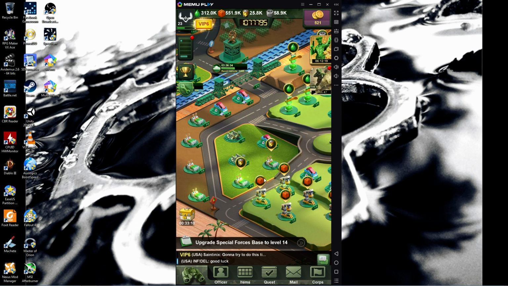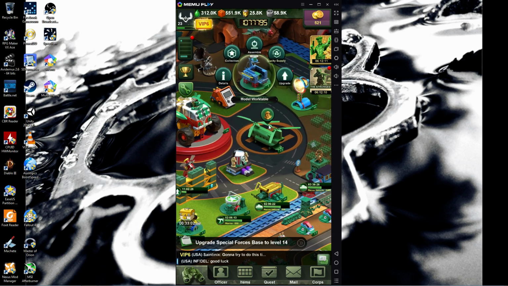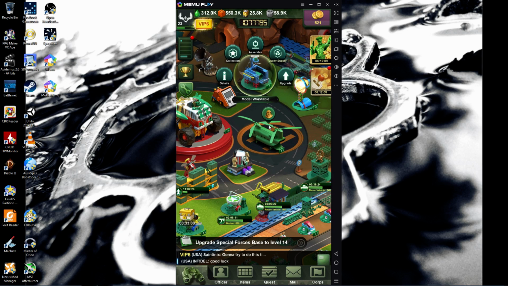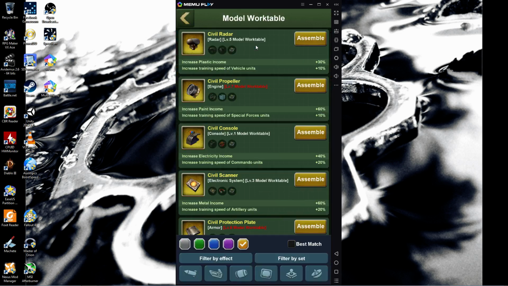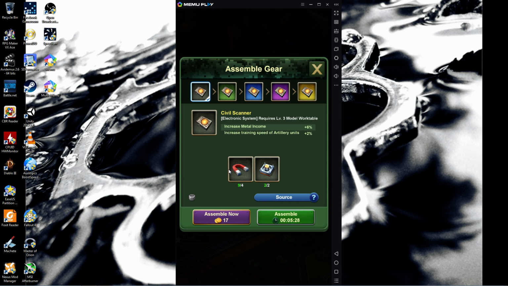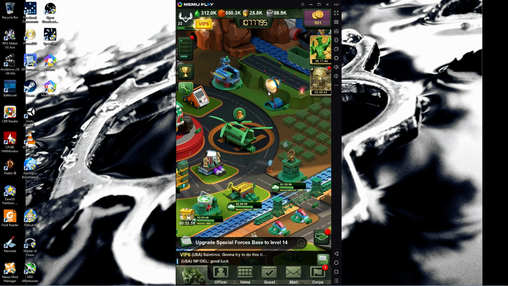Alright, one more thing I'd like to touch on is the evil toys for spare parts. This thing has been added. The model work table has been added in one of the last couple patches, literally in the last 2 weeks. And what you can do is use these parts that you can gather from evil toys and from the chests that they drop, and create socketable items for your Air Force, for your jet,